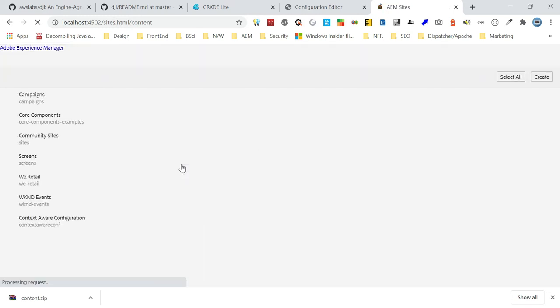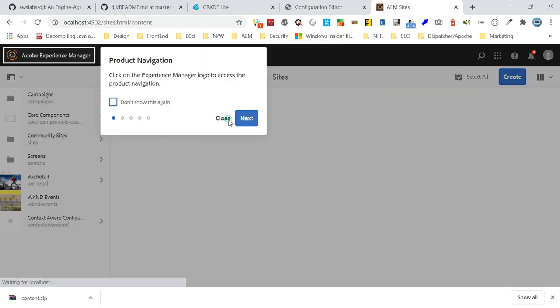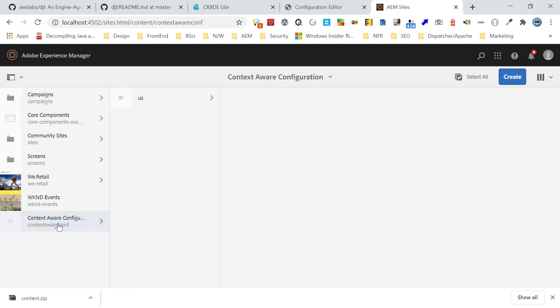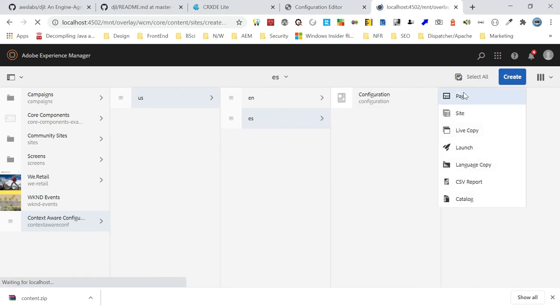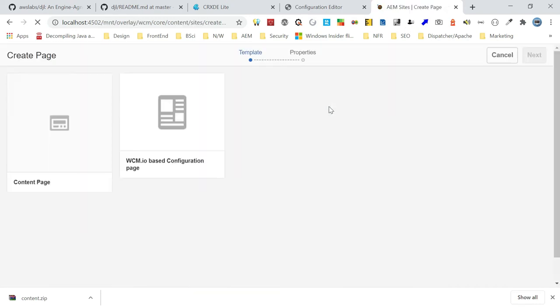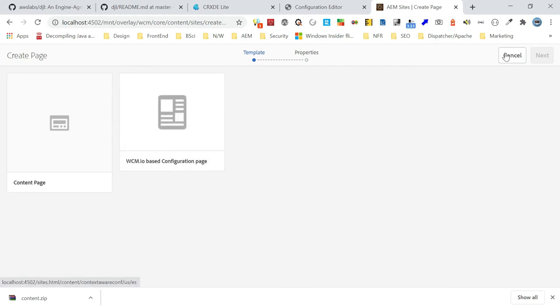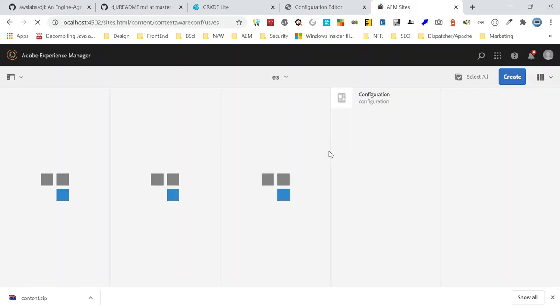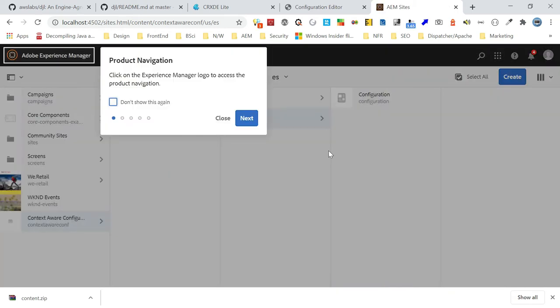I am going with two levels, so that's what I created. Under US, EN, I already have a configuration page, and ES also has one. If I want to create a new one, I can go here, see the WCM IO based configuration page, use this template and create the page. Now the pages are ready.